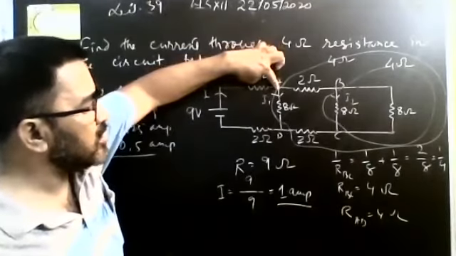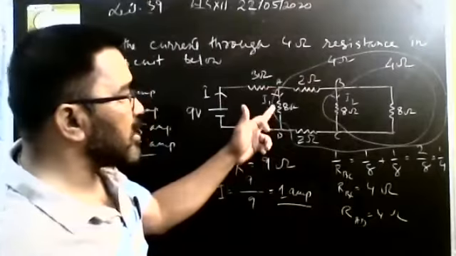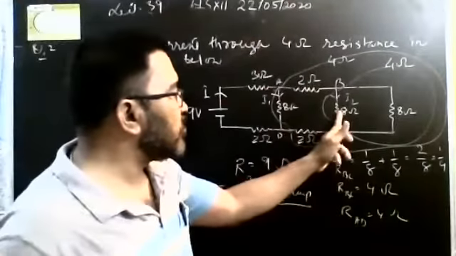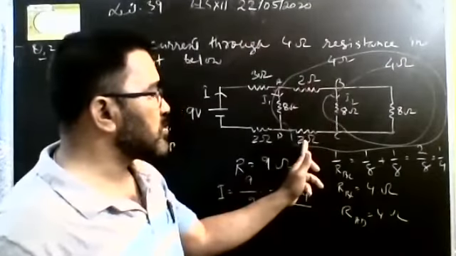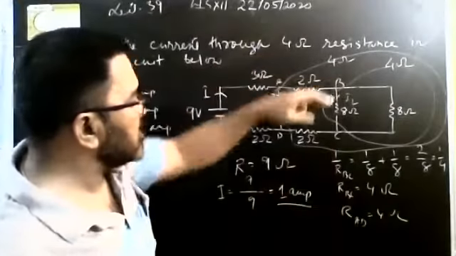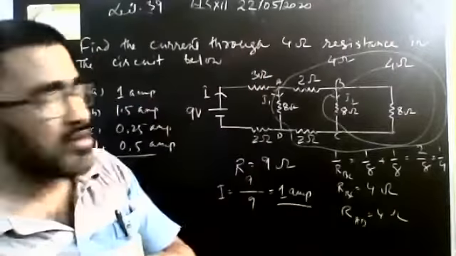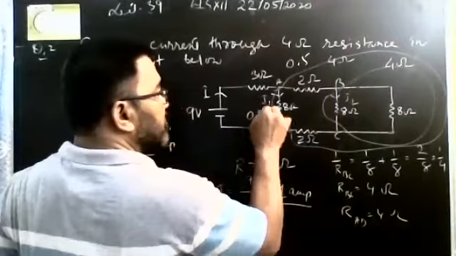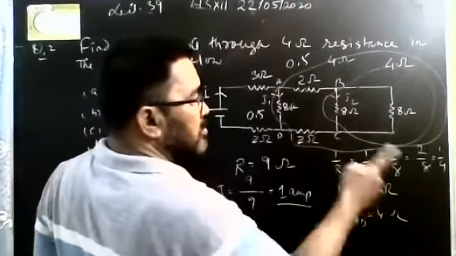So it will be divided into two parts, here and here, because you see along this direction there are 8 ohms and along this direction it is 8 ohm, because this is 4 plus 2 plus 2, 8 ohm. So equal current will go on each side. Total is 1 ampere, divided into two parts. One part going up will be 0.5, and going down will be 0.5. So 0.5 ampere goes this way and 0.5 ampere that way. At this point it divides again, with a2 on each side.